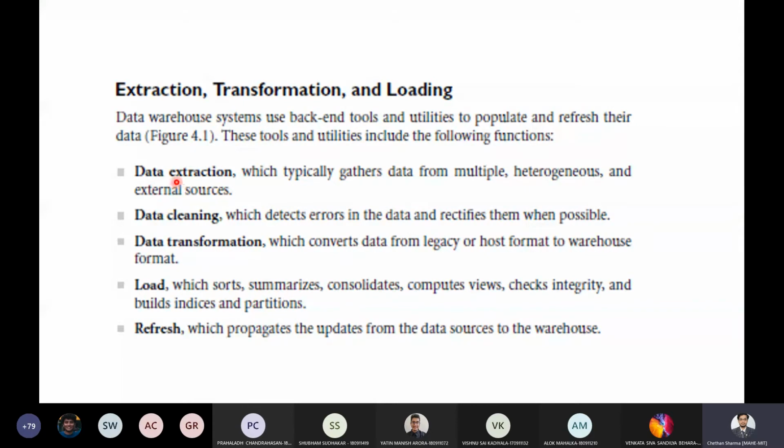Data extraction means gathering data from multiple heterogeneous external sources. Cleaning means detecting errors and noisy data and rectifying them. Transformation is converting from one format to another. Load is used for views, like giving a view to the customer, maybe in terms of graphs, and to check the